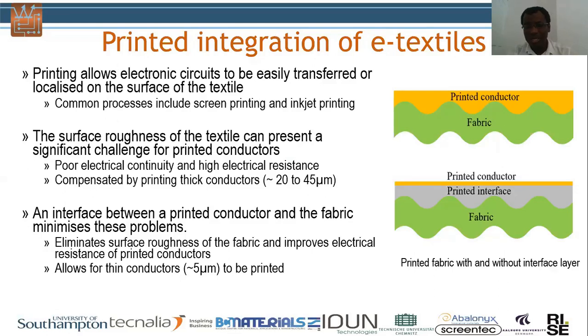Now, common processes include screen printing and inkjet printing. Screen printing enables roll-to-roll production of textiles in the textile industry. One of the challenges with printing on textile is the textile surface. The textile surface is quite rough, and to print conductors directly on the textile often leads to poor electrical continuity and high resistance. Now, to compensate for the roughness of the textile, multiple layers of the conductors are usually printed,